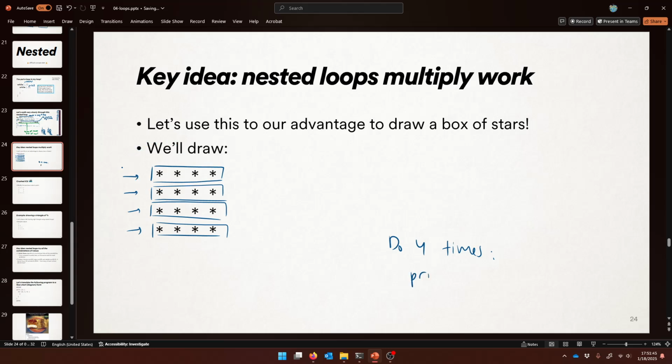So do 4 times, print 4 stars and a new line. And a new line. I haven't even shown you a nested loop yet, have I? This is just a normal loop. This is called pseudocode, by the way. It's not real C++, but I believe that you could translate this into C++, right? So yeah, that's one way to draw this 4x4 box, right? And then if we just repeated this 4 times, the following. Print 4 stars and a new line. Well,